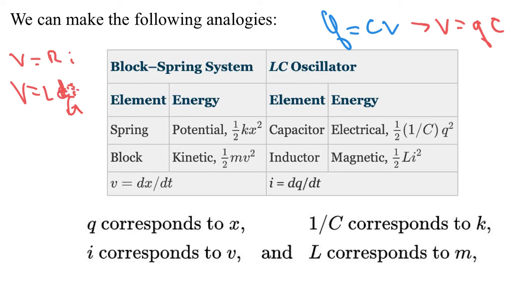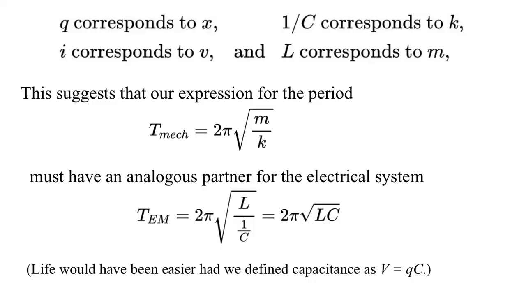So there we go. This suggests that our expression for the period, which for a mechanical system was 2π root m/k, would have an analogous partner in the electrical system, which is 2π root L over 1/C, that is 2π root LC. And it goes directly. It's an oscillator, just like a spring mass system is an oscillator, but it's an electrical oscillator. It's an analogy. This used to be the basis of the first generation of mechanical computers called analog computers,